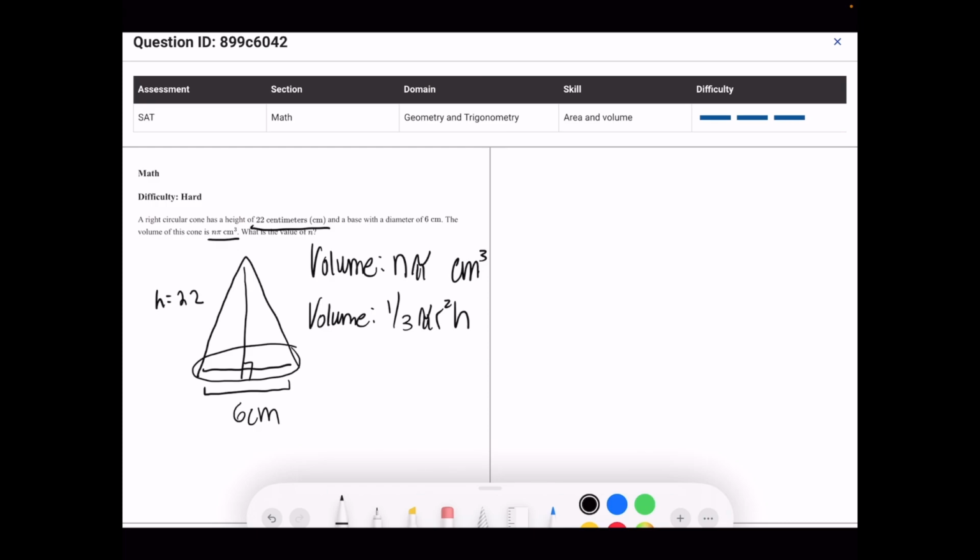So we're given our height, we're given our radius because, as you guys know, radius is just diameter divided by 2. So 6 divided by 2 is 3. We go ahead and plug that in. Plug in that 22. We're going to multiply everything, and then our final answer is not going to have pi in it because it is just the constant of n times whatever pi is. So let's solve for that, and the answer is going to be 66. We did 3 squared times 22 divided by 3, and we're left with